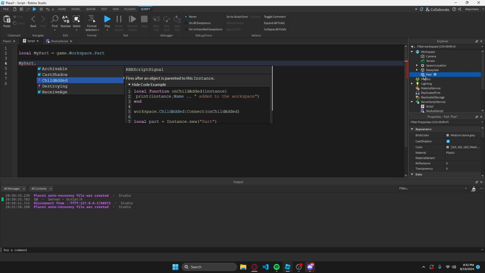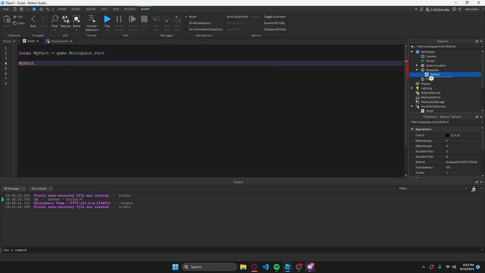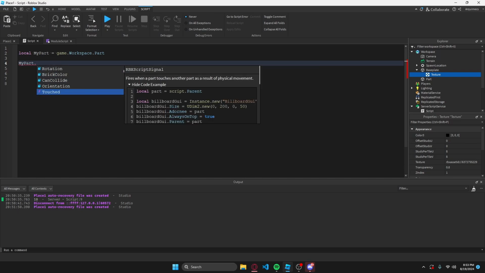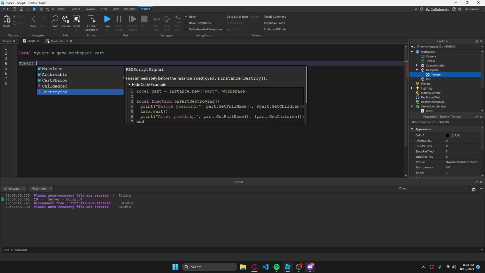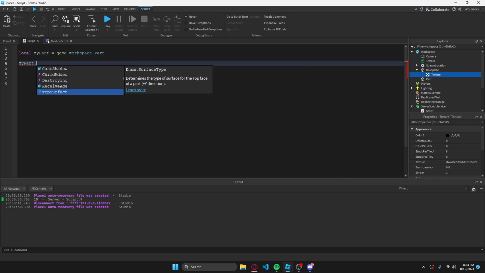When something is added, like let's say you put this, it's basically just gonna trigger it. So let's get back into that. Child added, destroying, when you destroy it. We can also do child removed, when a child is removed. This too, and then ancestry changed, when the instance's parent property is changed, or one of the parents